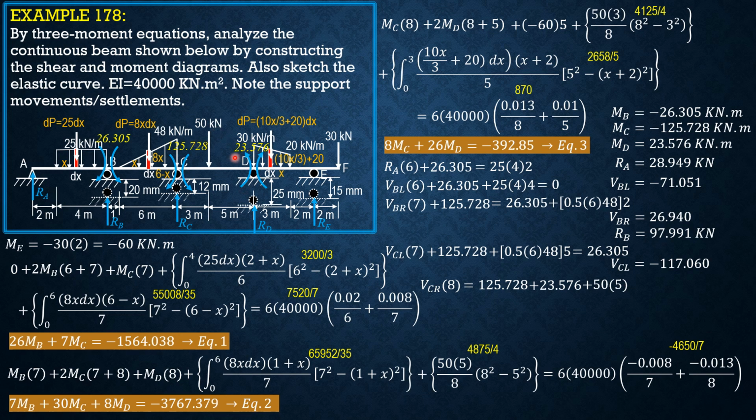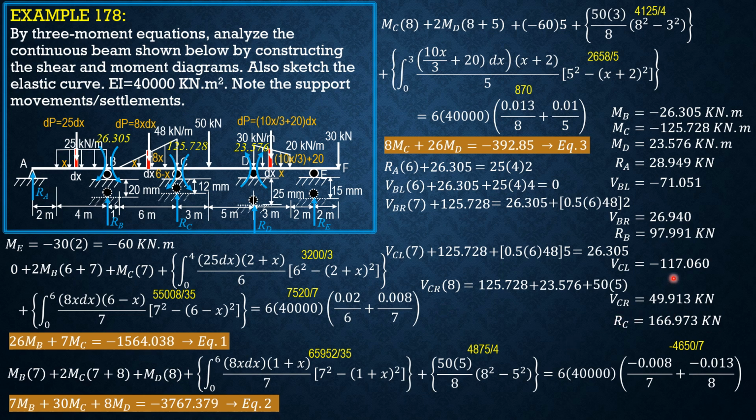Then equals 125.728 plus 23.576 plus the moment of the load, 50 times 5. So shear at C just to the right is equal to 49.913 kilonewtons. So from there we can solve R sub C, which is shear at C just to the right